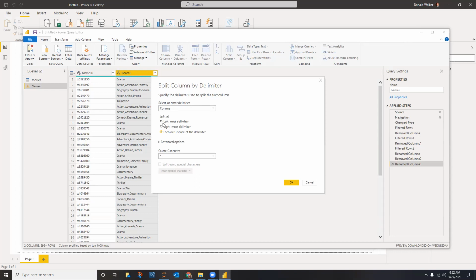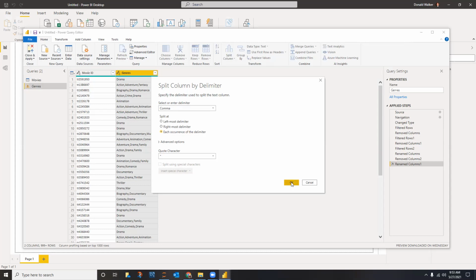And you can either grab just what's on the left of the first time that delimiter occurs, or what's on the right of the rightmost occurrence of that delimiter, or for us, since we're lucky and have this fairly clean data, we will split on every occurrence of a comma,